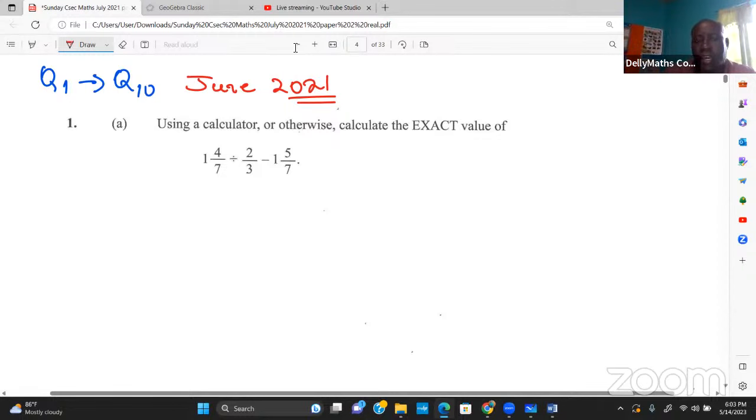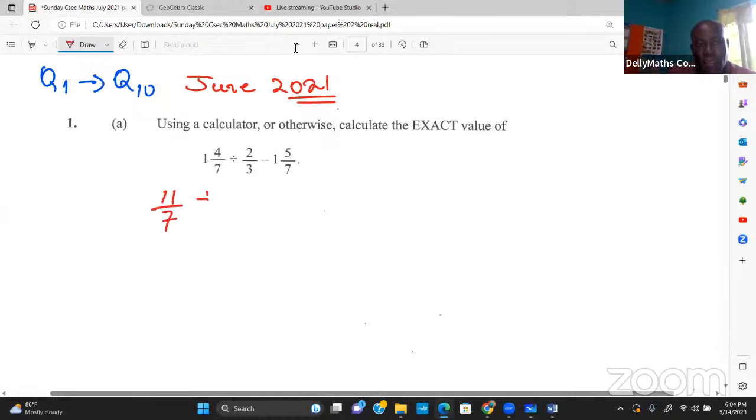So we're saying, using a calculator or otherwise, calculate the exact value of 1 4/7 divided by 2/3, and you're going to take 1 5/7 from that. Basically, what we normally do, we want to convert all mixed numbers to improper fractions first. All right. So in this case, 7 times 1 plus 4,